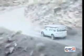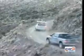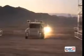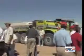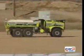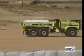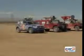Hours later, after being delayed several times on the trail, Gray Team's Ford Escape Hybrid makes its way through Beer Bottle Pass, and as the sun sets, Cat 5 crosses the finish line with an overall time just 36 minutes slower than Stanley. And last, but certainly not least, Big Terramax made its way home after hours of delays and an overnight stay in the desert. Ironically, though Terramax was the slowest finisher, a platform similar to this will likely be the first autonomous vehicle the military puts into service. Overall, this year's DARPA Grand Challenge was a smashing success,